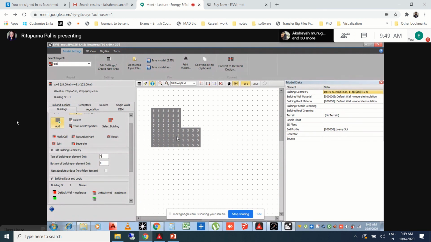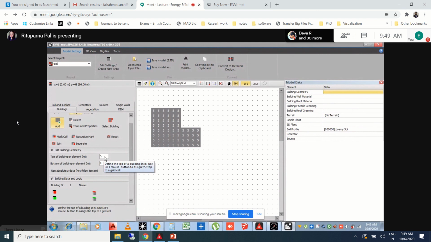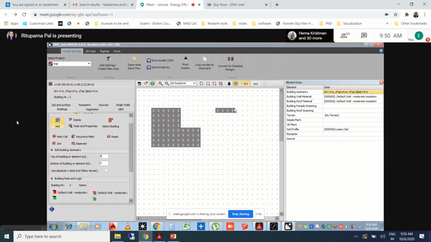Ma'am, please repeat, I could not follow. Sure. In edit building geometry, you can see top of the building element is 5. Can you see that? Yes, ma'am. Yeah. So you just go to this white space and you start clicking. You click on the white space and you drag your cursor. Maybe the building shape is somewhat like this. Whatever the building shape is, we'll be drawing it. This is just for demonstration.